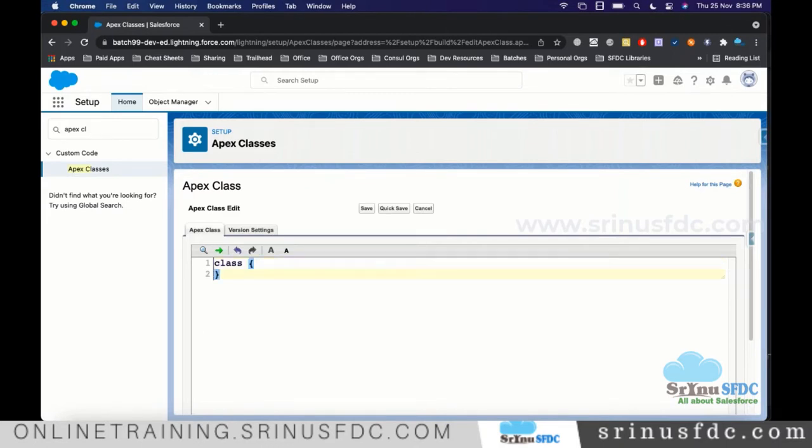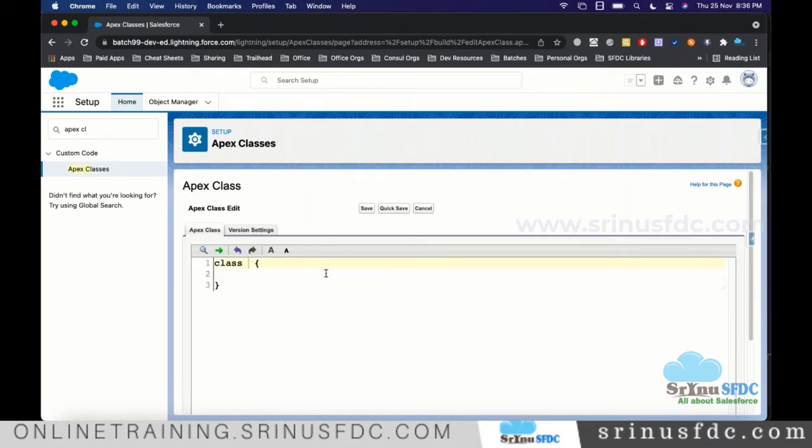Here we keep all the elements. Let's say we have a car. Inside the car body, everything will be there. In the same way, here we have a class. In the class body, we keep all the elements we need. But a class should have a name, otherwise we cannot recognize it. Let's say a car will have a unique car number, based on the place, based on the state. In the same way, we are going to create many classes based on different requirements. To identify them, each should have a name. So class, and we have to mention the class name.